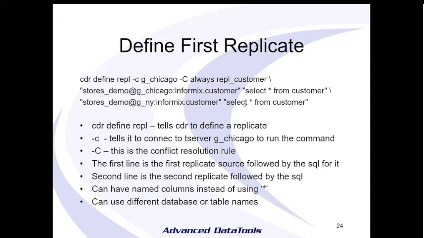The select star is good and bad in this case. If you have tables that are going to remain the same, select star is fine. But if the tables are going to change schema, or if the tables potentially do not have the same schema, which does involve the order of columns. You know, some tables have column A before column B, and then other tables have column B first and